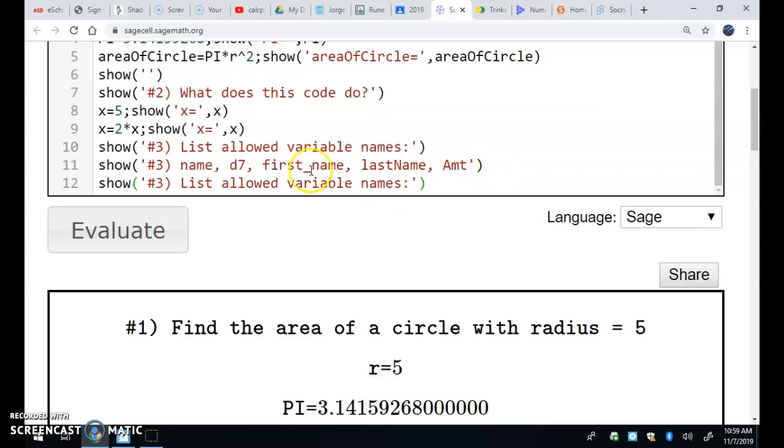They listed this in a different order. That's okay. No, listed disallowed. Where am I? Disallowed variable names, and they were